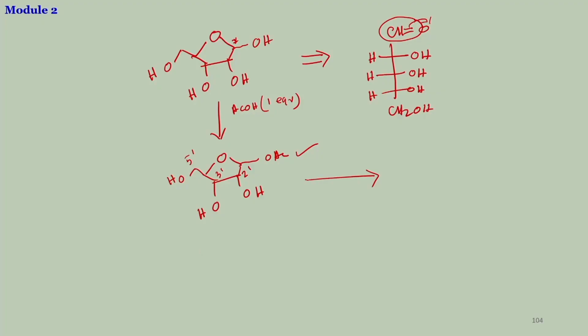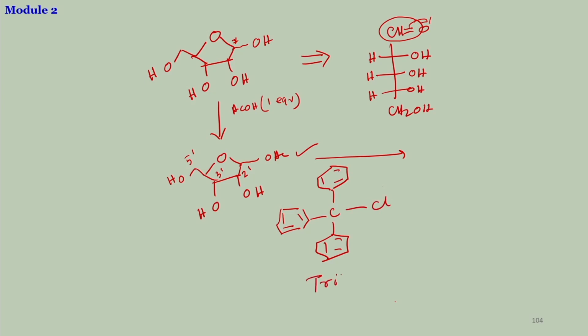So one such reaction is if you use a phenyl ring, 3-phenyl, and a chloride. This is known as trityl chloride. We will use this molecule later also when we synthesize the solid phase DNA chemistry. So this is trityl chloride, which has 3 bulky phenyl groups, or instead of the trityl group you can use a little bit better one, that is called